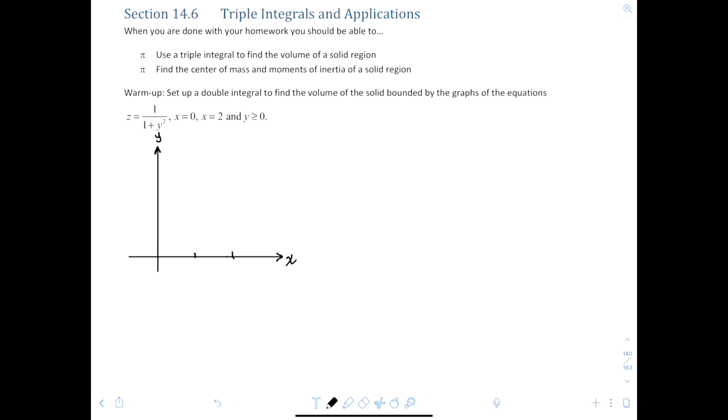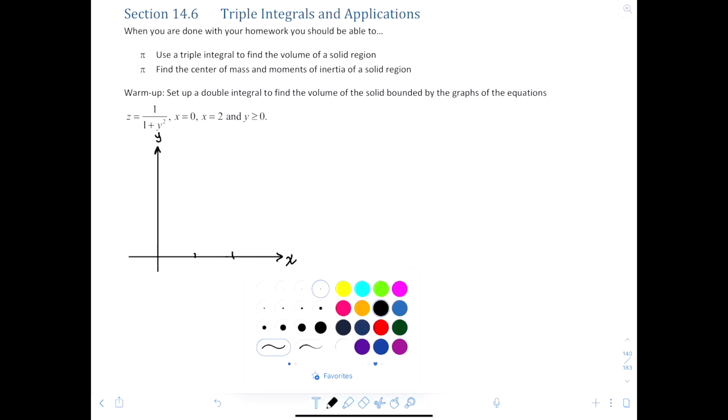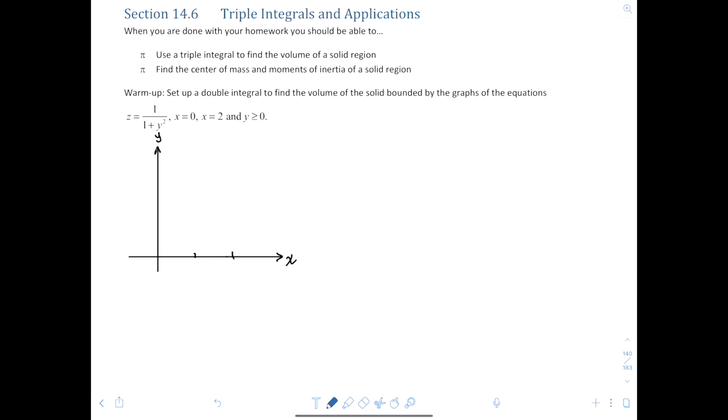All right, so x is bound between the lines x is 0 and x is 2. And then y is bound at 0, but we haven't been given an upper bound, right? And this one here is y is 0. So we've got this lower bound for the region,